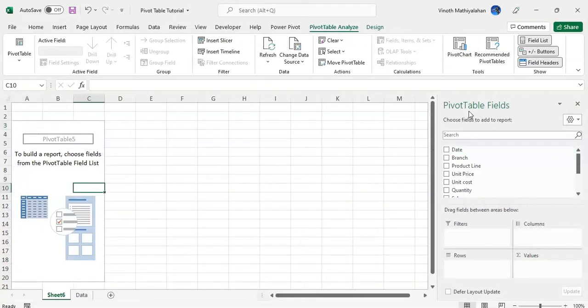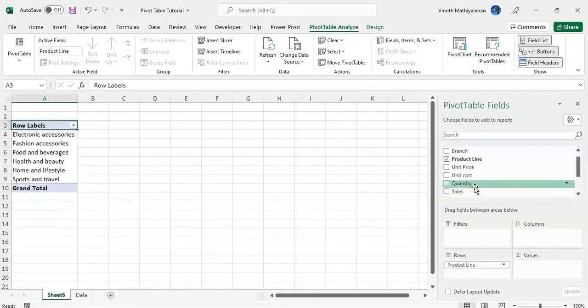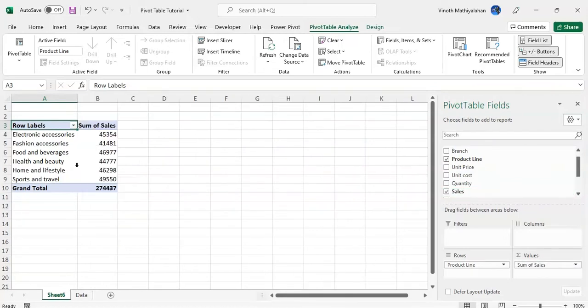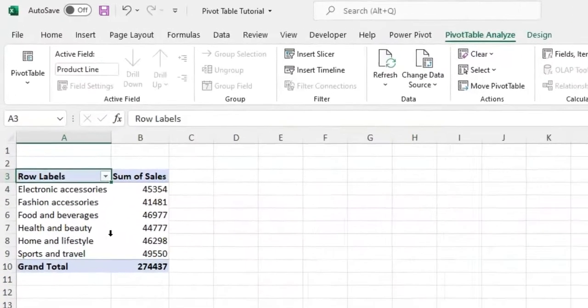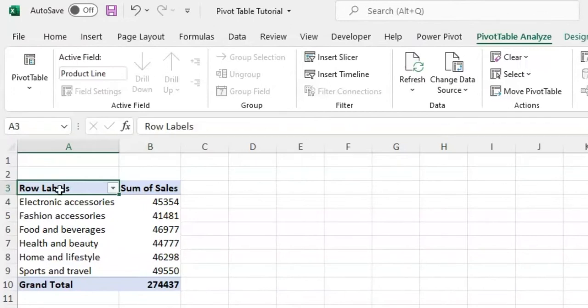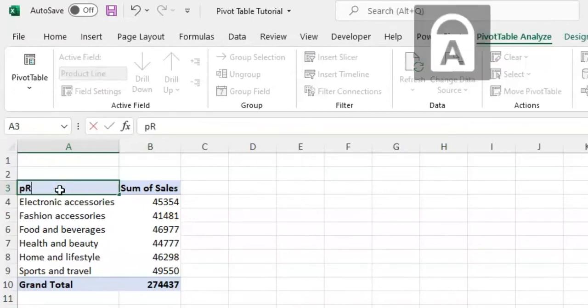On the right, we can see the pivot table fields and 4 boxes below that. So now you can drag these fields to these boxes to create a pivot table. So I'm going to drag the product line to the rows box and the sales field to the values box. So now I have a pivot table that summarizes the sales by product line. So I'm going to rename this column to product line,